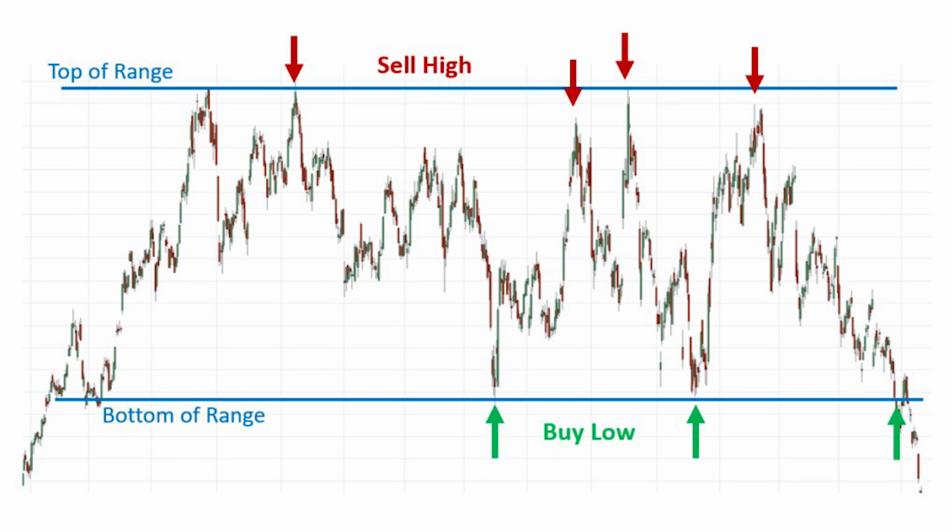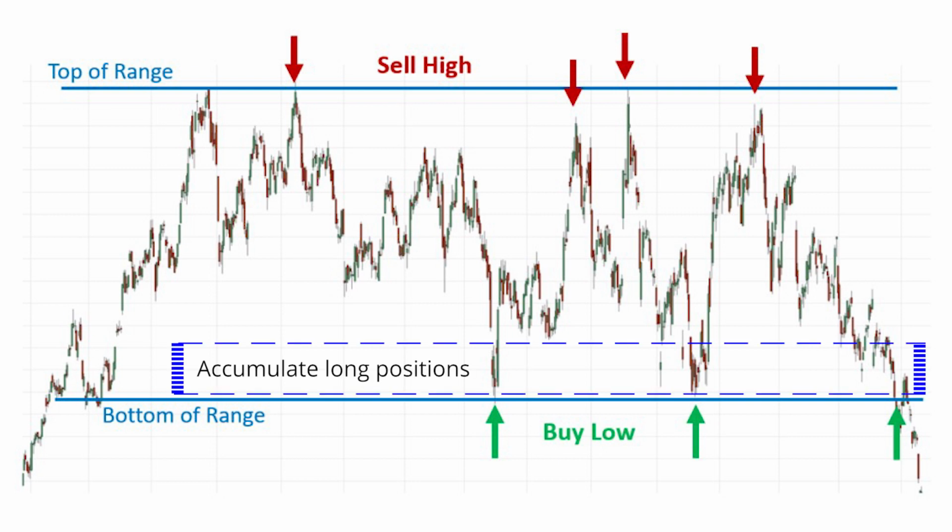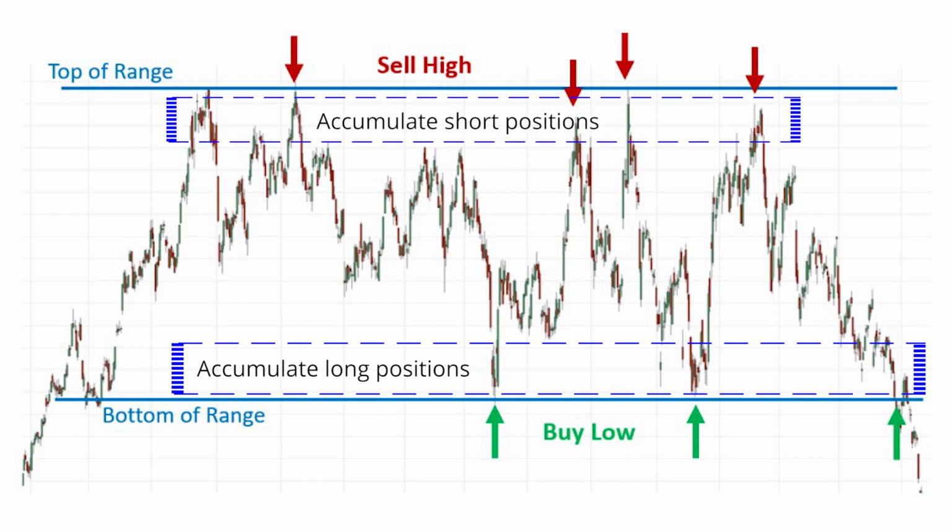You can also use dynamic scaling at different parts of the range, such as accumulating multiple buy positions as prices are in the lower end of the range, and as price moves up to the upper end of the range, start selling off the buy positions and start accumulating short positions. Do note that eventually, after numerous false breakouts, one of the breakouts is going to be real. So when that happens, make sure you cut the position and get out fast.